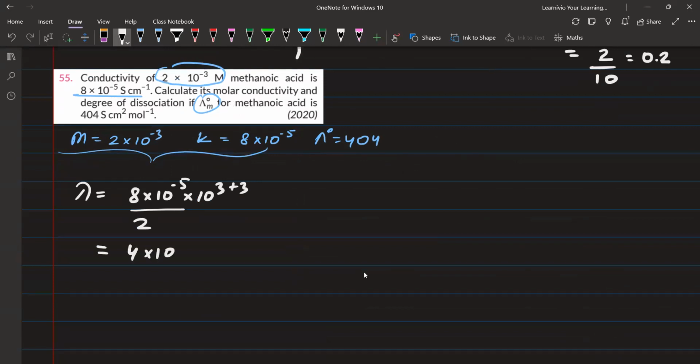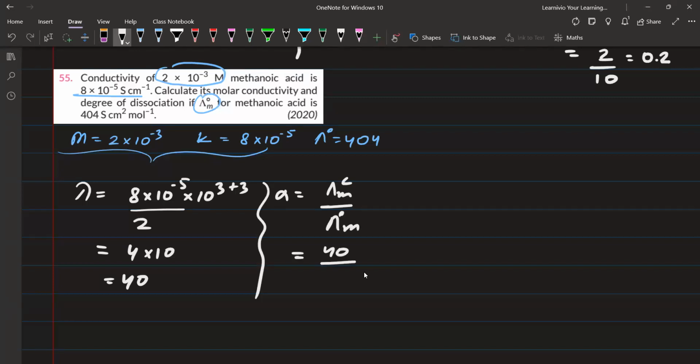4 into 10, that will be equal to 40, and alpha will be equal to what? Lambda m at a particular concentration divided by lambda naught m, which is 40 upon 404. So this will be approximately equal to 1 upon 10. If I take this as 400, 1 upon 10 हो जाएगा ना? Approximately 1 upon 10, which will be equal to 0.1 alpha. 404 को आप 400 ले सकते हैं ना? You can